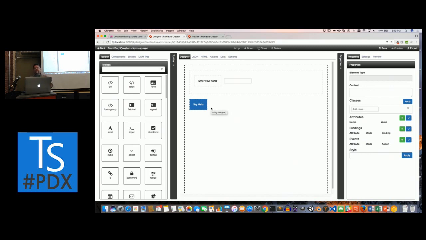Are you planning on open sourcing this or is it commercial? I made the 1x of Angular, but this one I've already made a commercial. I have paying clients right now that are using it, even though it's still in an alpha stage. But to me it's been fun just because of the fact that it allows you to do a lot of really cool things. You can inject your own